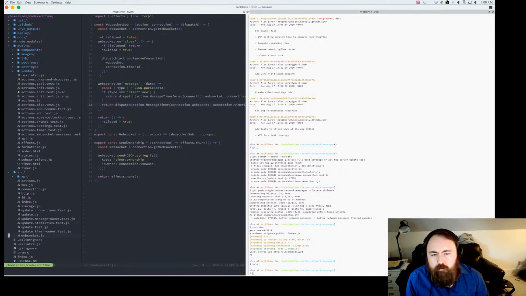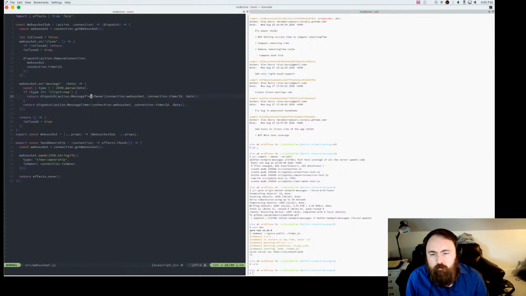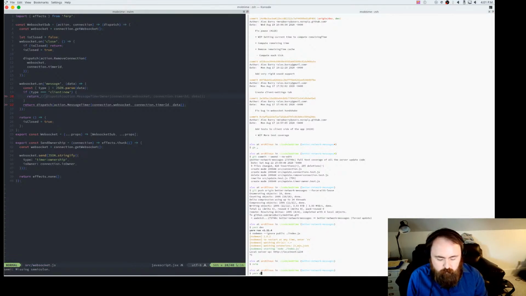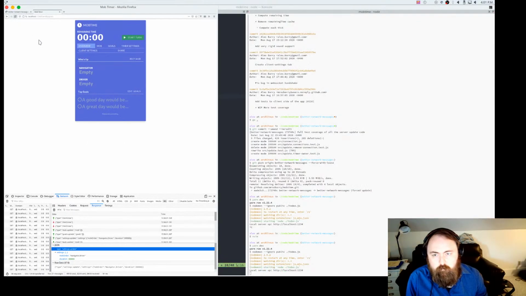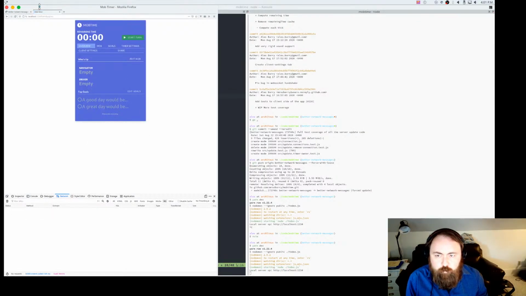So maybe it's okay that the client sends this message. Just for fun, if we didn't do anything there temporarily, watching the network tab, apparently nothing on the WebSocket front.